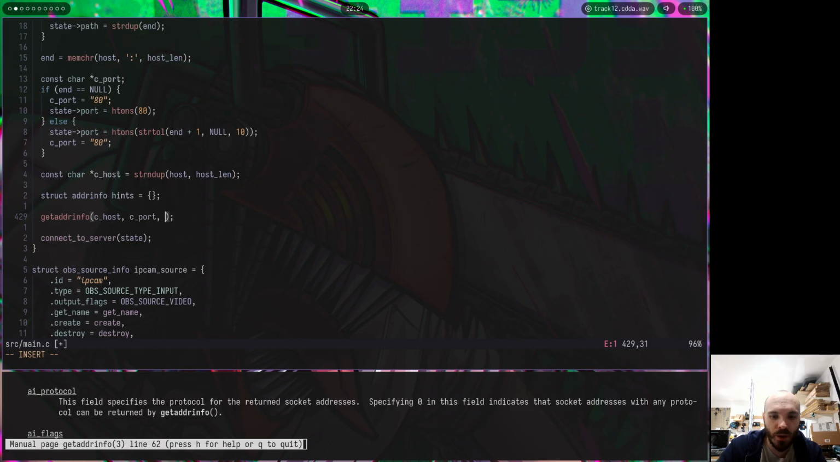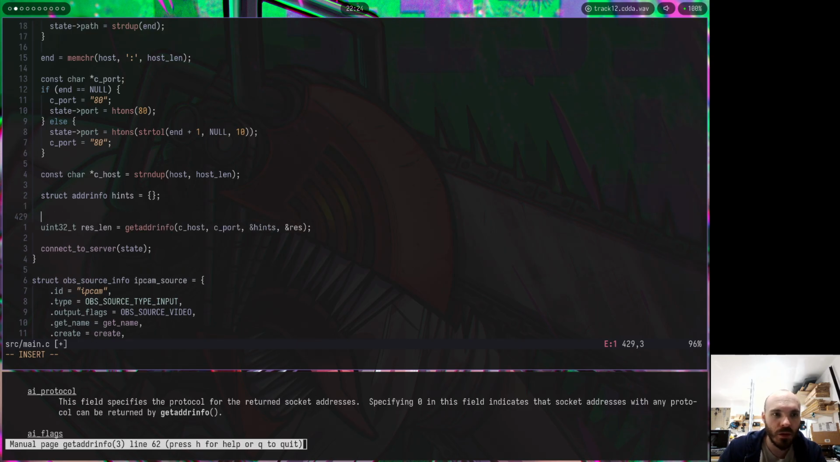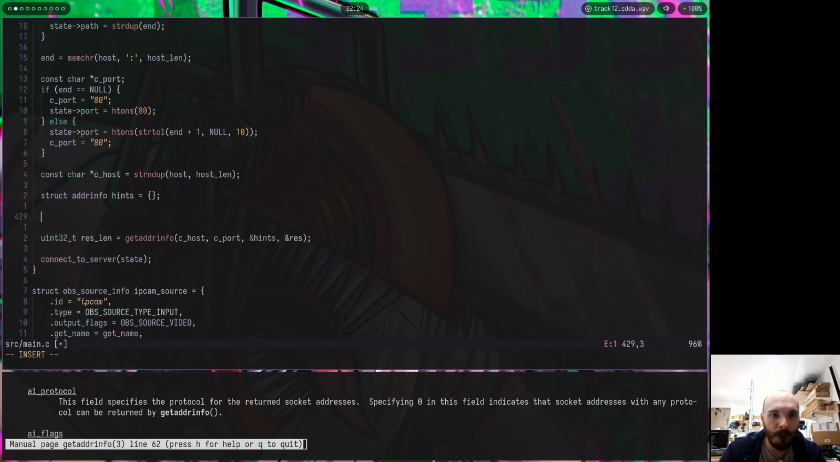Okay. And hints and res with uint32_t res len, followed by, I may need to store the host because I might try multiple addresses. I'll think about it later. I just need to print it. Struct addrinfo res pointer. Hints are